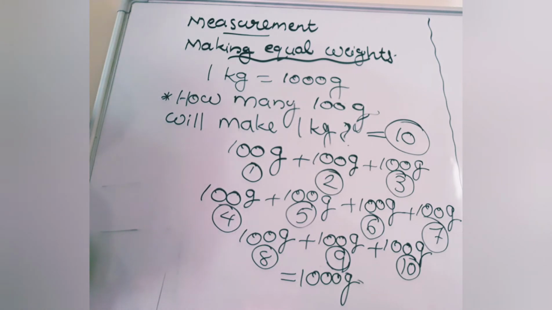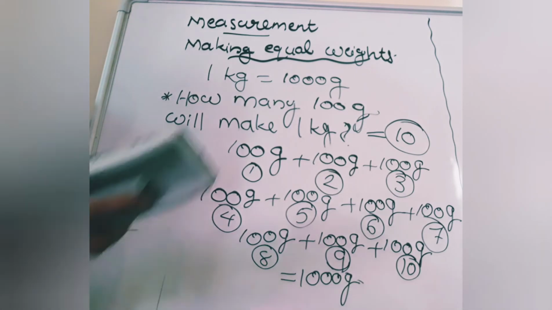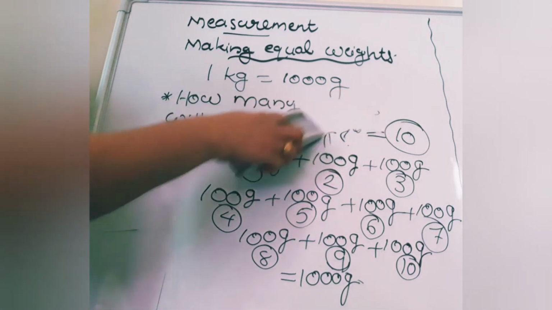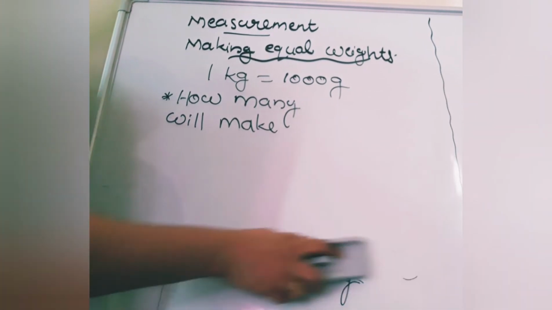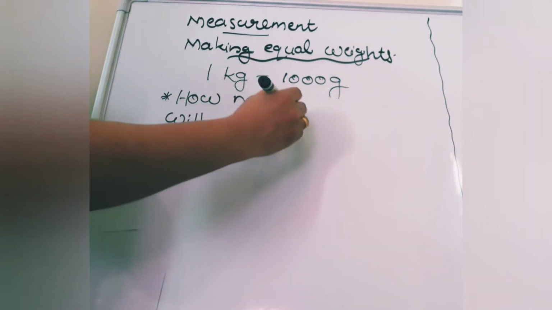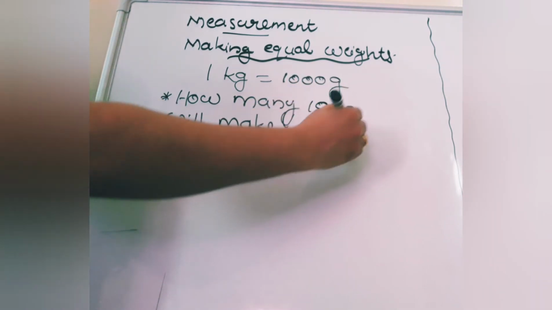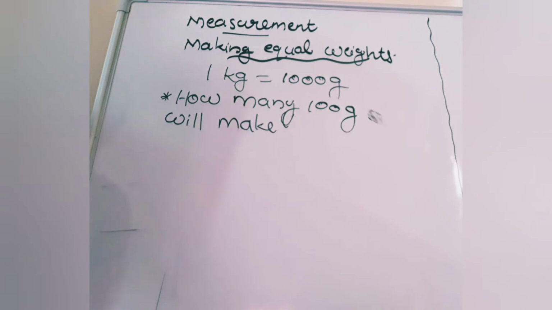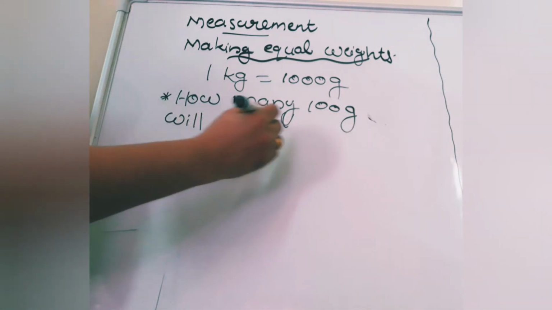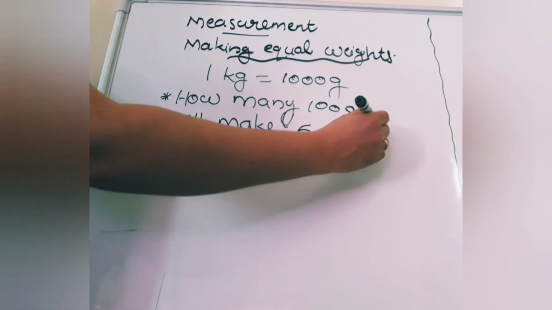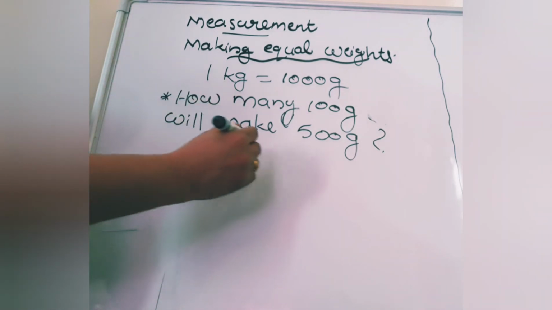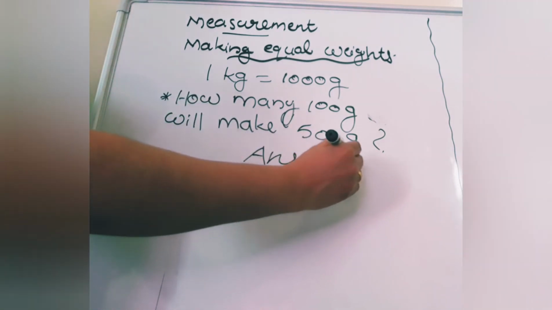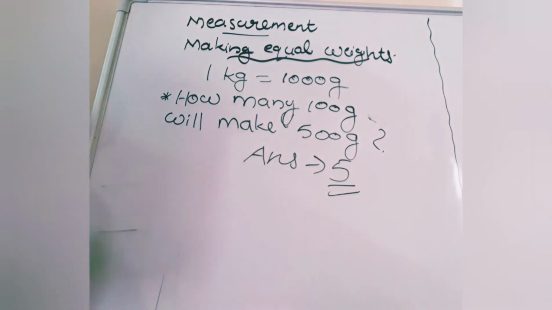This is very simple. Now there can be other questions like that. How many, instead of 1 kg, that is also simple only. How many 100 gram will make 500 gram? This is also very simple. How many 100 into 5 only? 500. So this one you can write directly. Answer 5 times. 5 times 100 is only 500 gram.